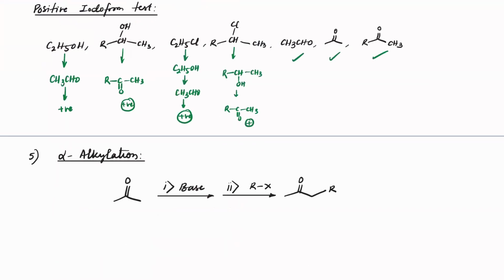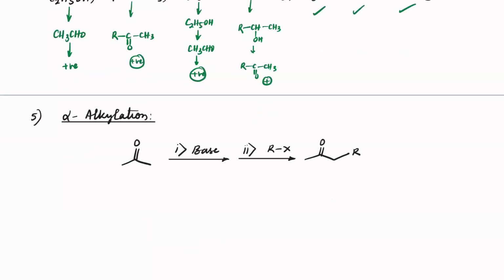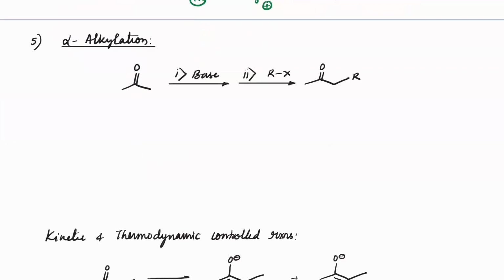Notice what is alpha alkylation. We know that when you react with a base, you will always get a carbanion here at the alpha position. And these carbanions are very good nucleophiles. Since they are good nucleophiles, those nucleophiles can make some kind of SN2 attack. So as long as this alkyl halide is good enough to carry on the SN2 mechanism, the reaction can take place like this. So mechanism wise, if I write this, check